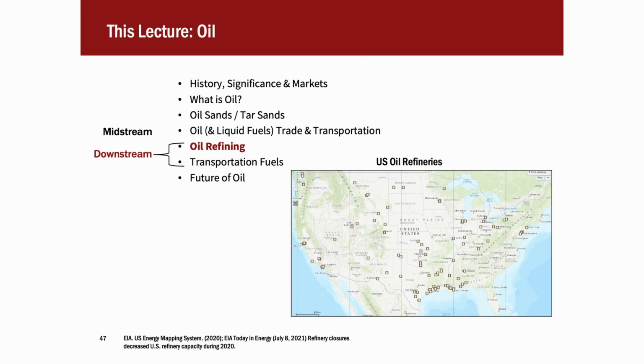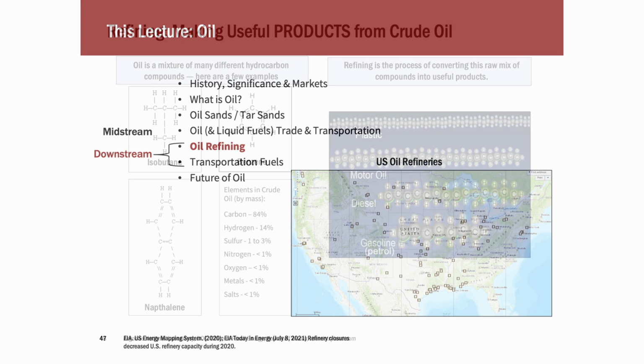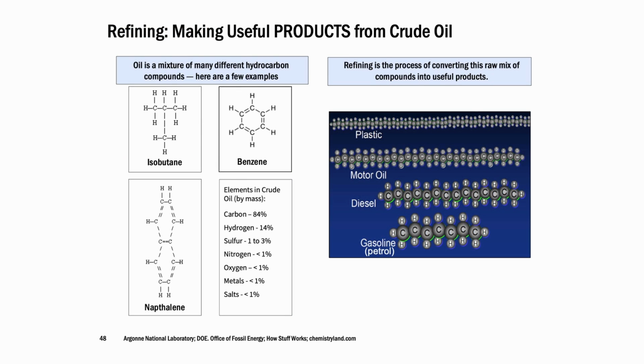All right, let's talk about refining and how do we make the products, because just like with a lot of our other energy resources, how it comes out of the ground isn't how we want to use it. And so we've got to do stuff to it. And you guys saw a video about refining a little bit. But what we're really trying to do is we're taking the crude oil we get out, which is this whole mix of thick and thin and all sorts of different kinds of lengths of hydrocarbons, into the useful products that we want.